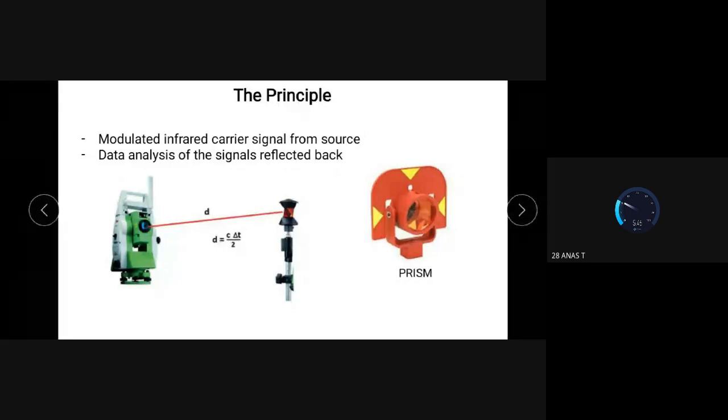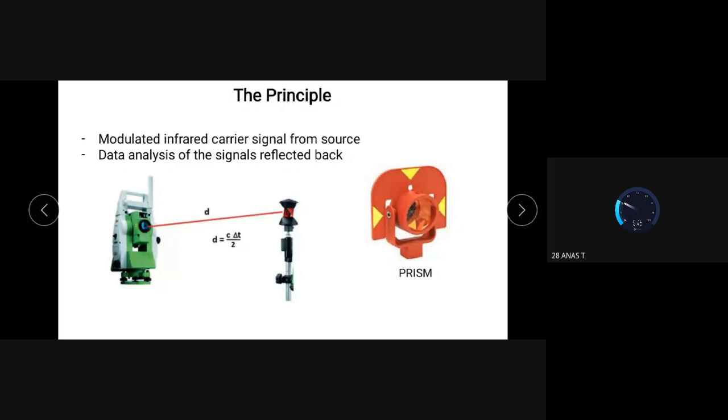The principle in this total station is that it directly gives the horizontal distance, vertical distance, the slope distance, and the angles which are required. The principle being used here is that infrared rays are used for the calculation.